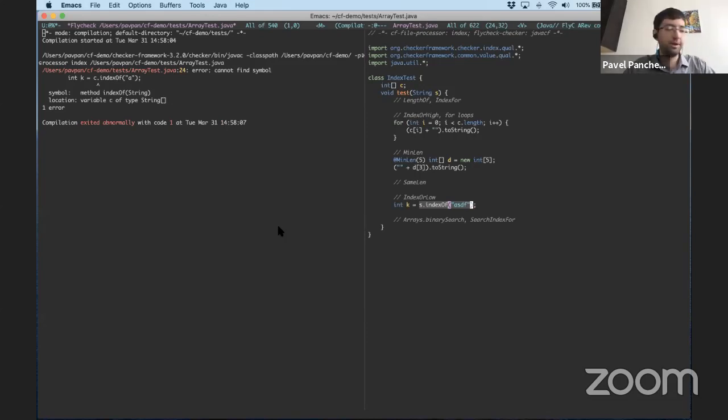And the way that Java specifies that is to say that the output is a valid index for S, or it is the value -1 to tell me that the substring was not found. And in checker framework, I can explicitly use the annotation index or low to describe that.